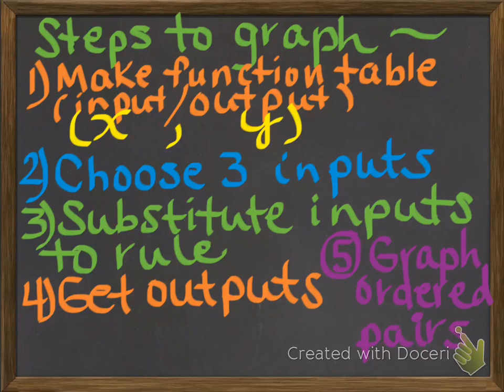Okay, so here's a quick rundown of the steps you need in order to graph a function. First, make the function table, the inputs column, the output column. Second, you need to choose 3 inputs. Choose something easy. Number 3, you need to